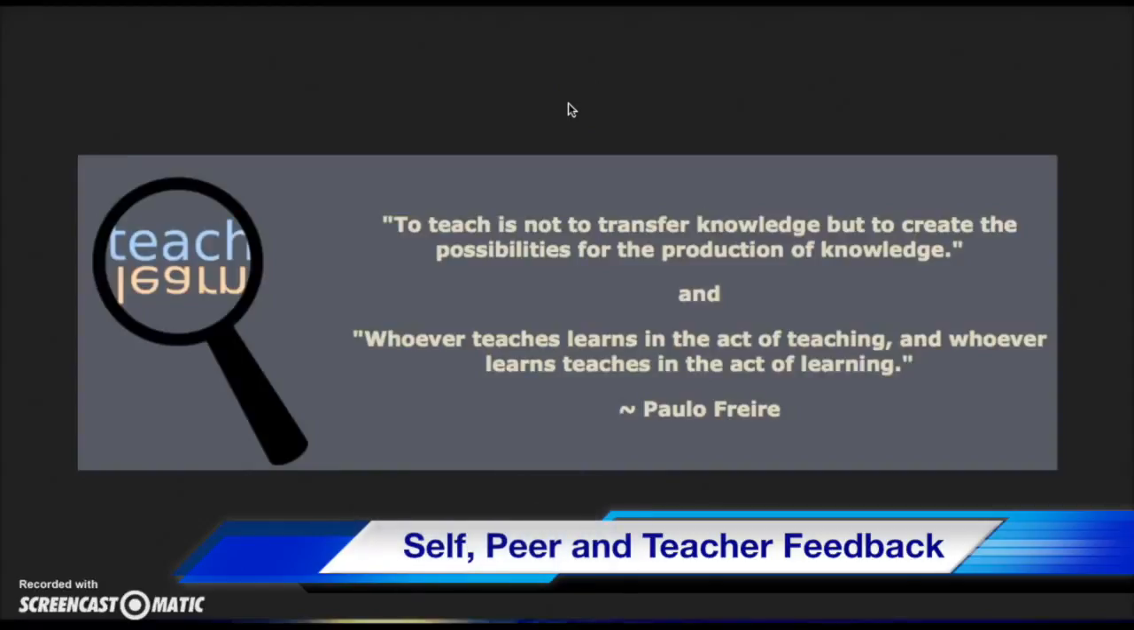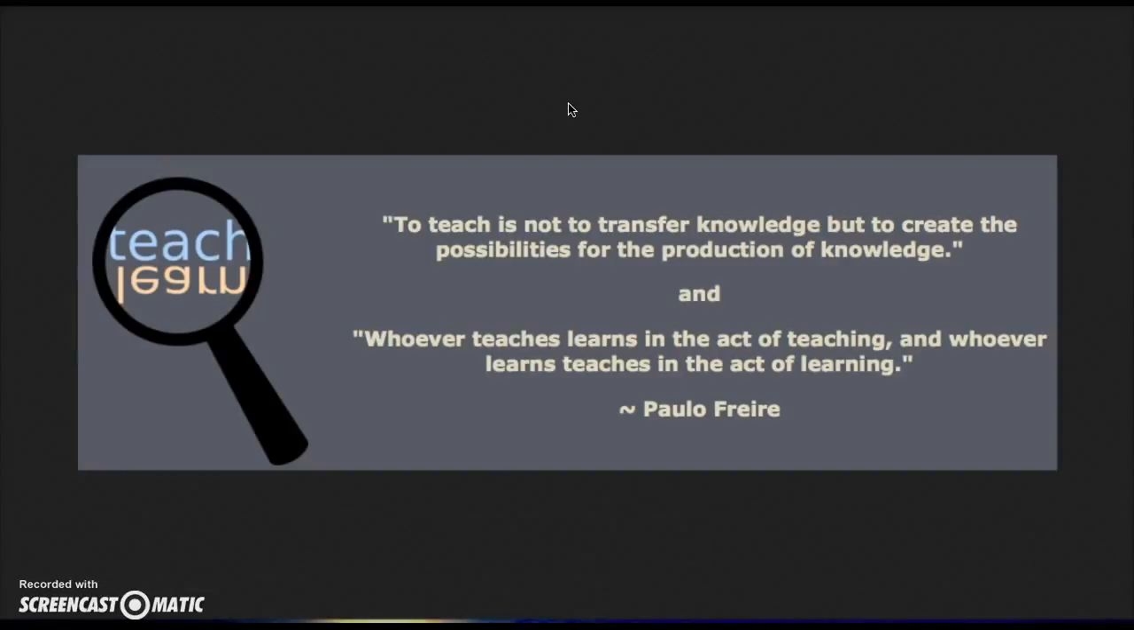An important part of transforming your classroom is the feedback loop. It is always important to gather feedback and then reflection. And this has to do with the students reflecting on themselves, on their peers, and on their teacher. I always liked this quote: whoever teaches learns in the act of teaching, and whoever learns teaches in the act